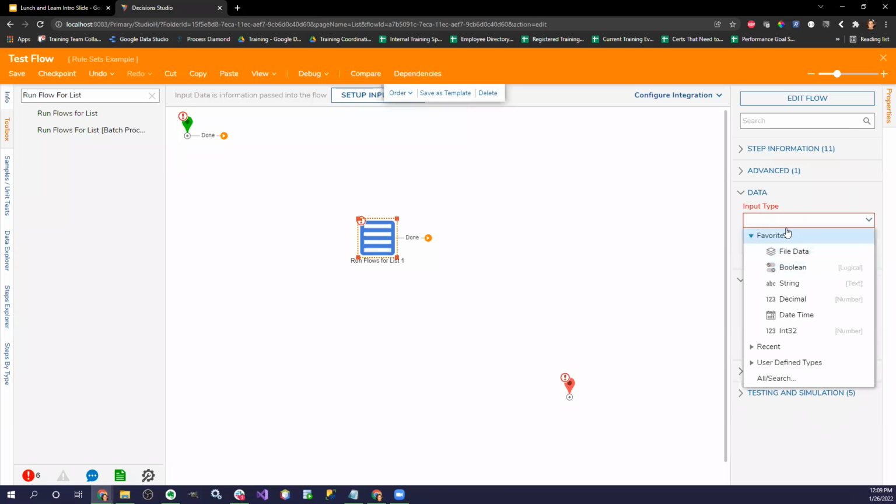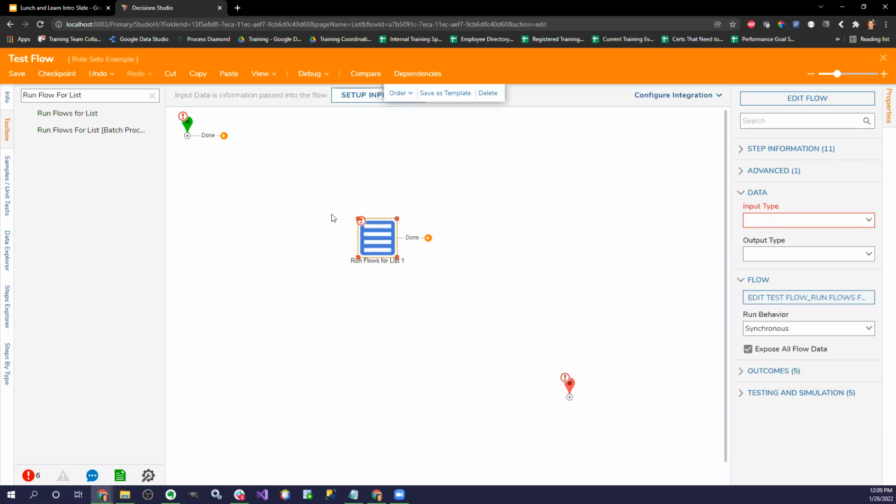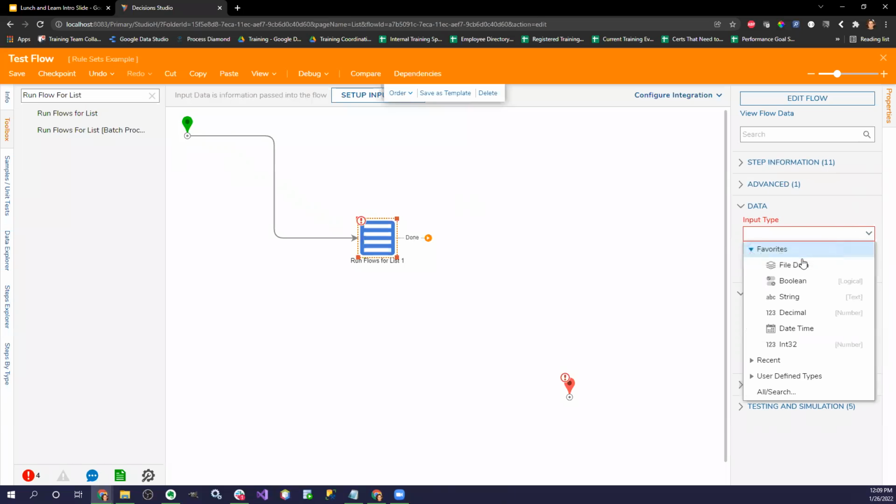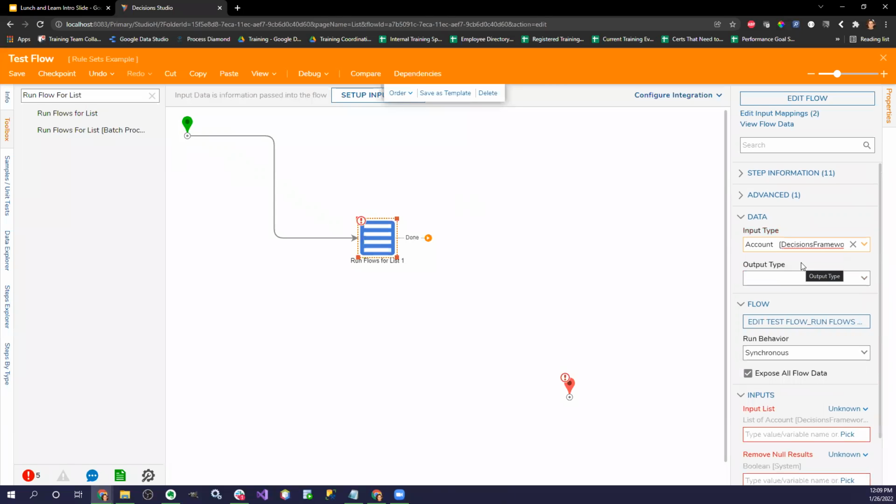So what you could do is say, this is going to be the input type of your insurance claim, if I had one, and then let me just create the accounts. Let's say I wanted to run this for every account that I have. So I can specify the account. Notice that on the top part of this step, I have a flow. What the run flow for list step does is it will run this flow per item that gets passed into it. So it's similar to having a for each step inside the step. But the reason why this step is more powerful than the for each step is because I can run it in different ways. So let me remove my doodle.